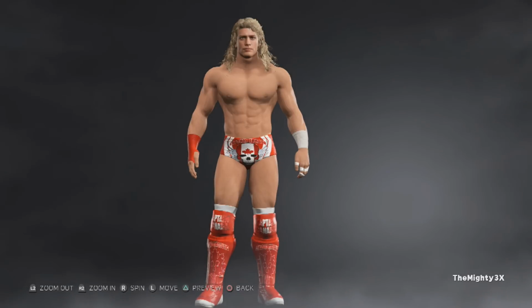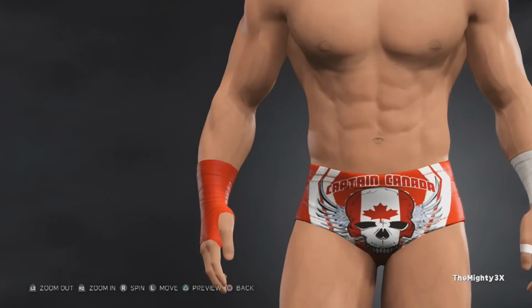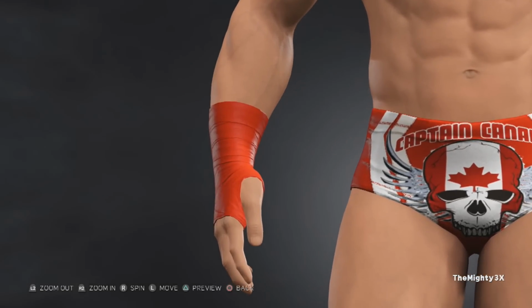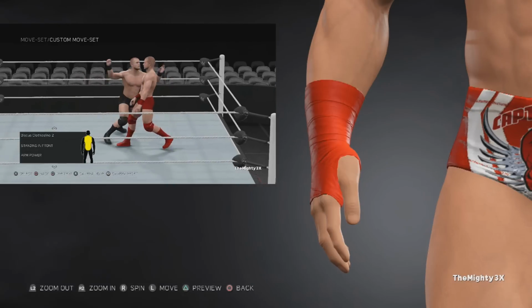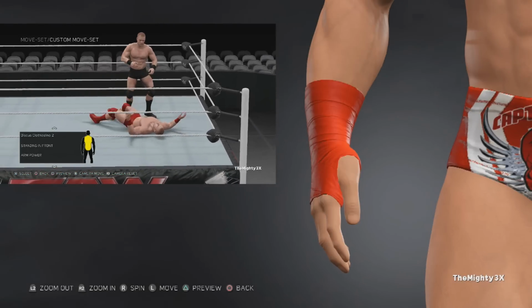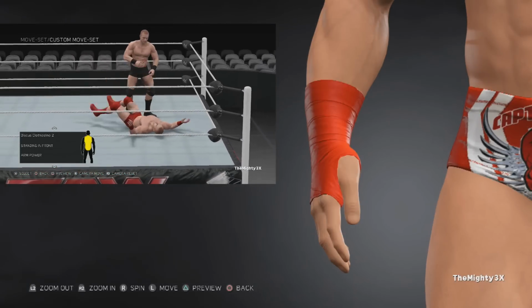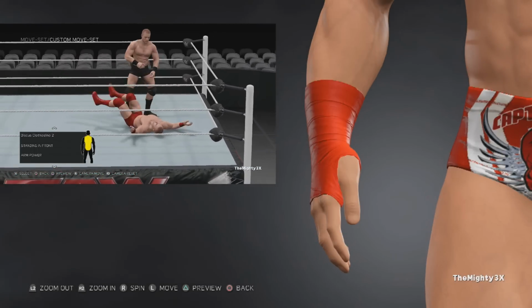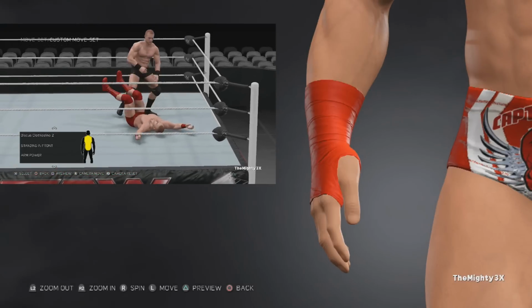But the red hand tape actually has some significance to it because of one of his finishing moves. I like the way that one of the discus clotheslines looked so much. I actually forgot which number it was, but I will show it at some point, and that will be superimposed on the side there. I liked it so much because it folds the victim over after it hits, that I decided to upgrade it from a strong strike in his arsenal to an alternate finisher, replacing the crossface